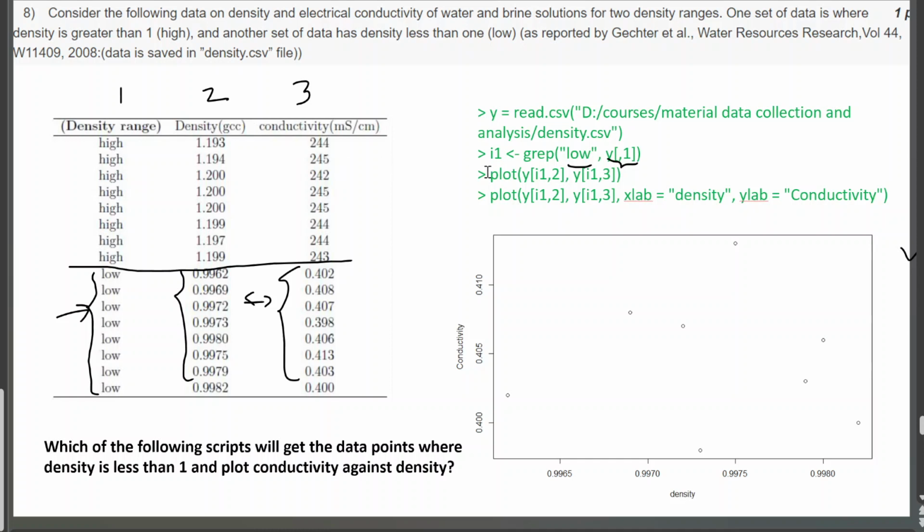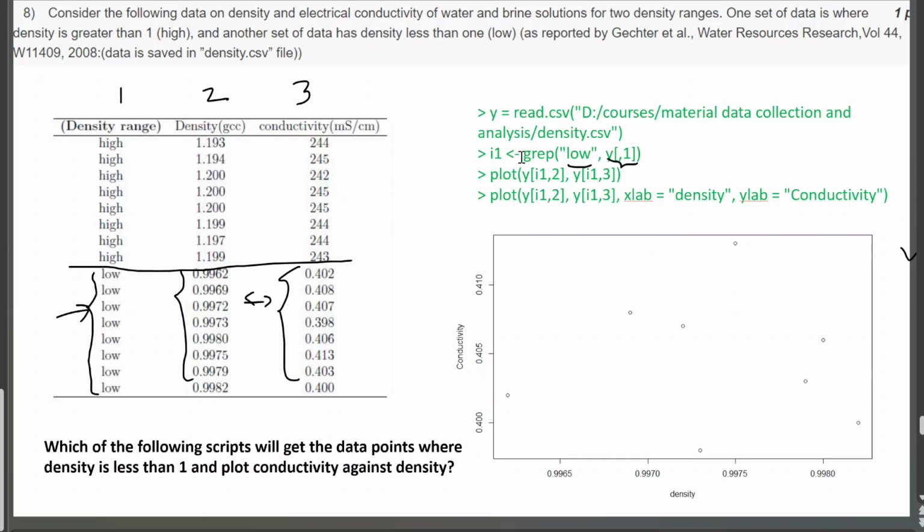So first, we are using the grep function. What it will do is compare the string, and whichever string value is matching, it will return the respective number. For example, here low means it will calculate the numbers like 1, 2, 3, 6, 7, so from 9 to 18. It will compare from 1 to 18, and whichever has low, that alone it will segregate, and it will store it in